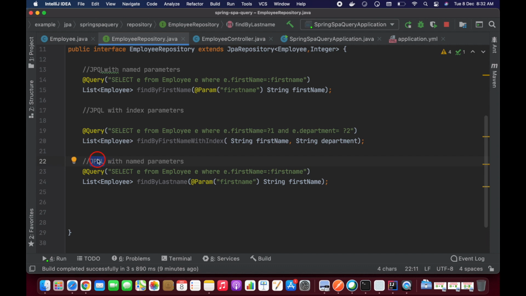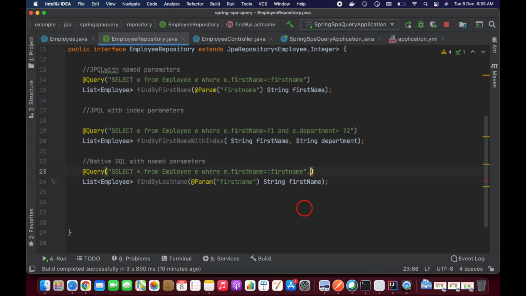For the native SQL query, we have to write it as a SQL query, so it will look like an actual SQL query. Here it takes the table column names, so it should match your table column names, otherwise it will throw an error.